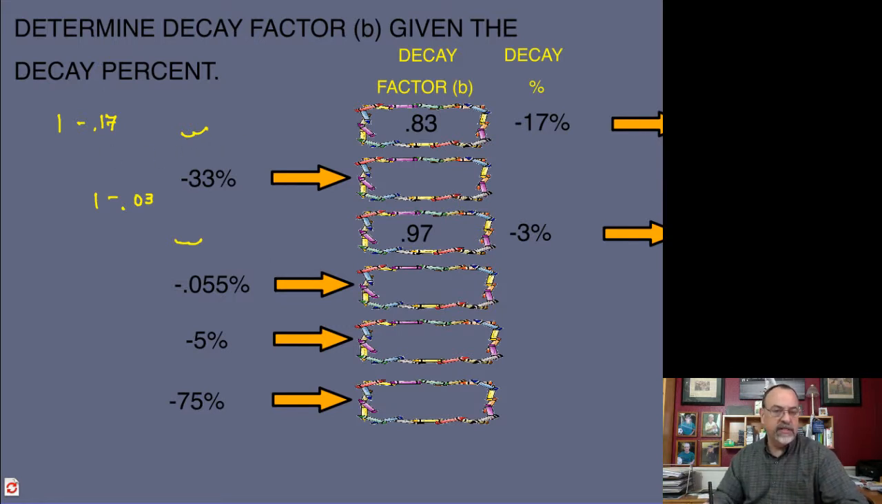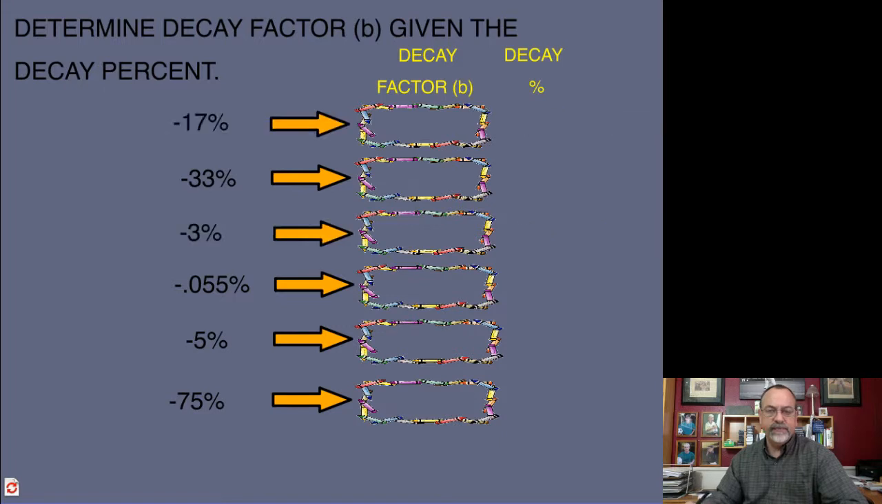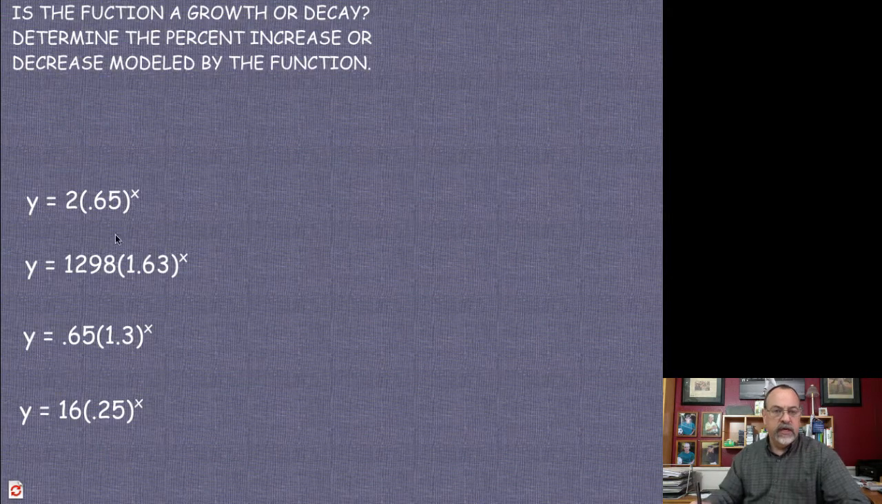Now there is one last thing I want to cover before we wrap this portion of the lesson up, and that is being able to recognize whether an equation represents a growth or decay simply by looking at the decay factor, or looking at the B value. In other words, it should be very easy for us to quickly tell if something is an increasing function, meaning a growth, or a decreasing function, a decay, and that is totally determined by the B